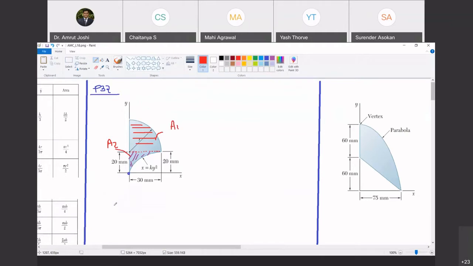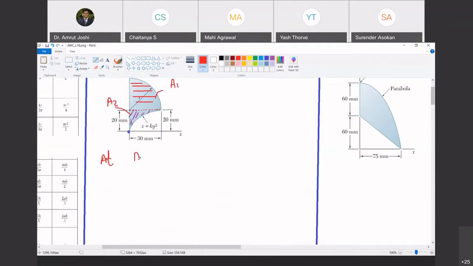So how are we going to do it? Area designation, so I call it AD. Then you are going to write down Ai, that is in which unit? It will be here in mm square. Do you agree with me? Yes, sir. Then next xi. Then you are going to write down yi. Then Ai xi and Ai yi. Do you agree with me? Yes, sir. This is how we write it down.